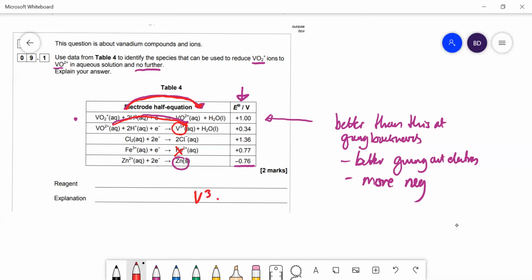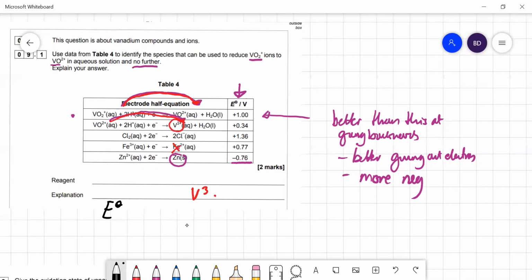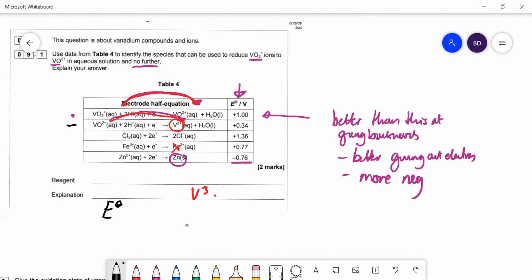And what I would say there, in the explanation, is that the electrode potential of this one here, of VO2+ to V3+, is more negative, so it's less than the electrode potential of the VO2+. I'd say that, and you also need